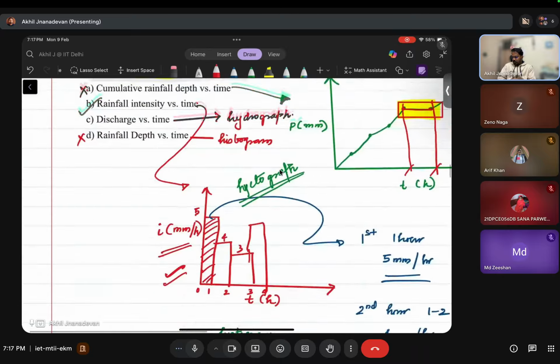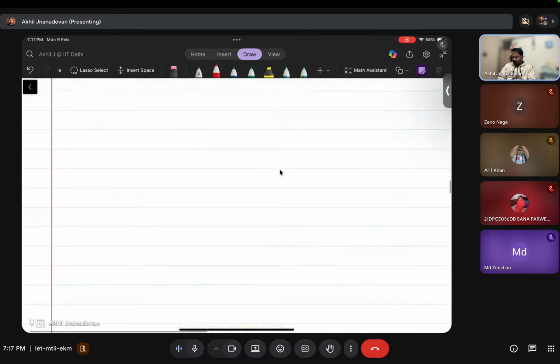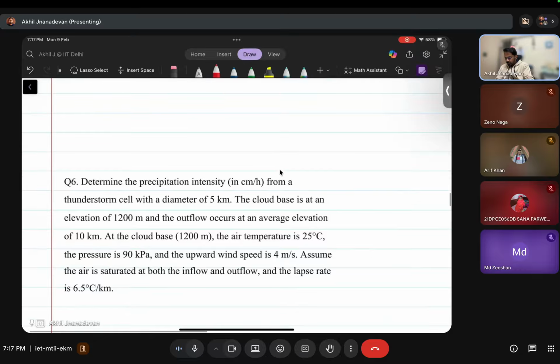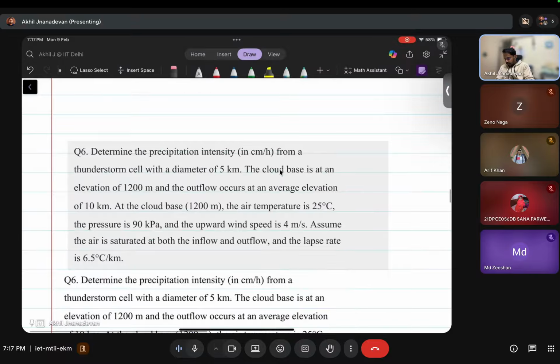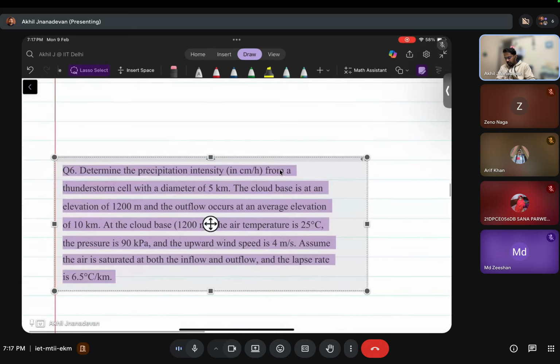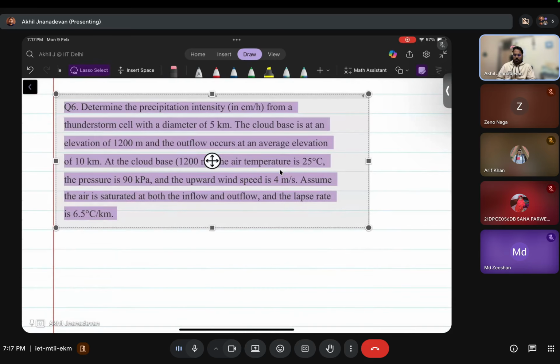So that is about what we can say the MCQ questions. Now there can be more MCQ questions related to the rain gauges and also related to the measurement of rainfall, presentation of rainfall, and forms of rainfall. This chapter is something where repeated questions are being asked. These are easy to score also. Repeated questions are being asked in previous